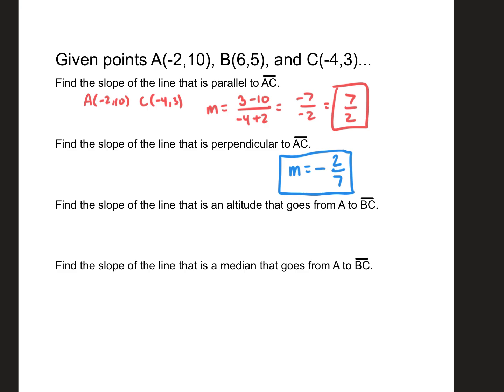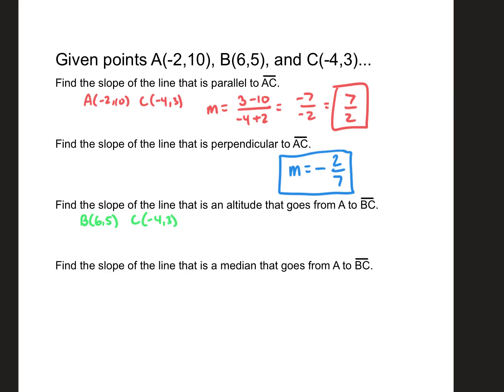So if it goes from A to side BC, I know it has to be perpendicular to BC because it's an altitude. So if I look for the points that would give the slope for BC,